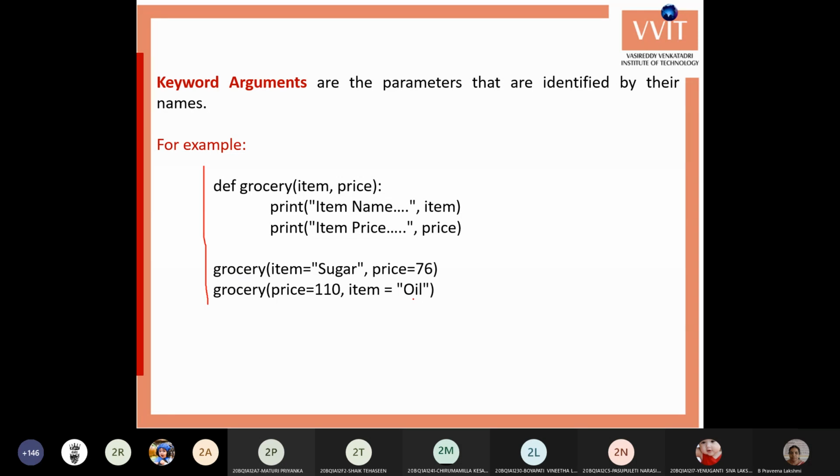Grocery of item comma price, and display those two values. You can call the function one time with item and price, and another time with the price first and next the item.